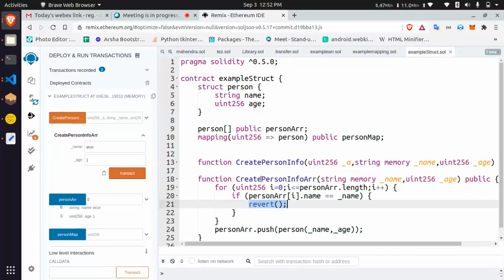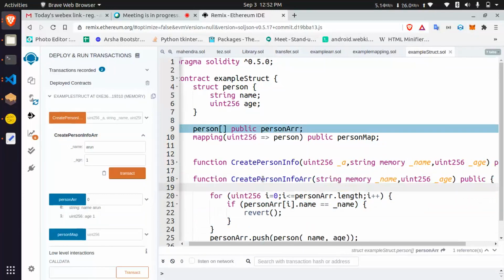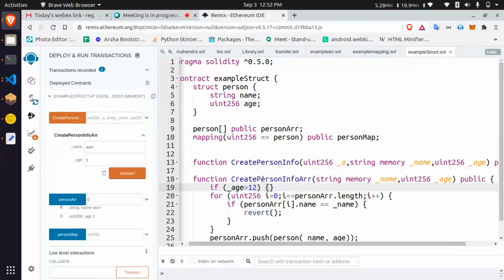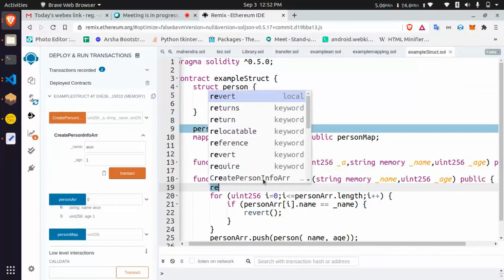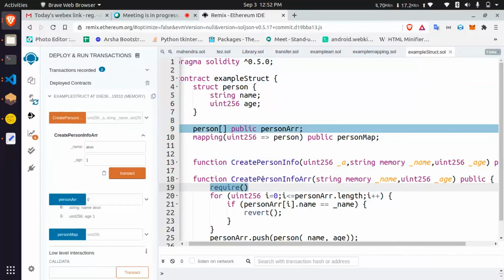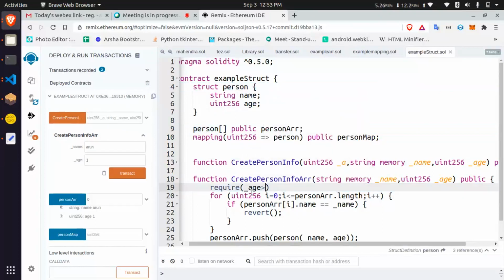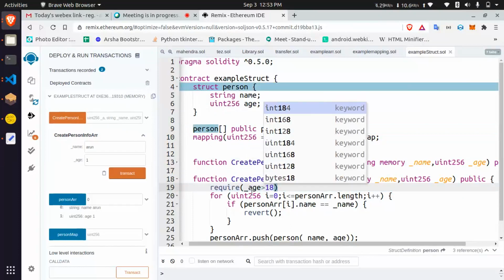Okay. Before that, we need to check the age is greater than 12 or not. That validation we can do. We can write like underscore age greater than 12. Okay. Like this also we need to run. We can write instead of that we can write require. Okay. And then underscore age greater than how much, 20. Okay. If that person is like let's take it as 18, greater than 18 means